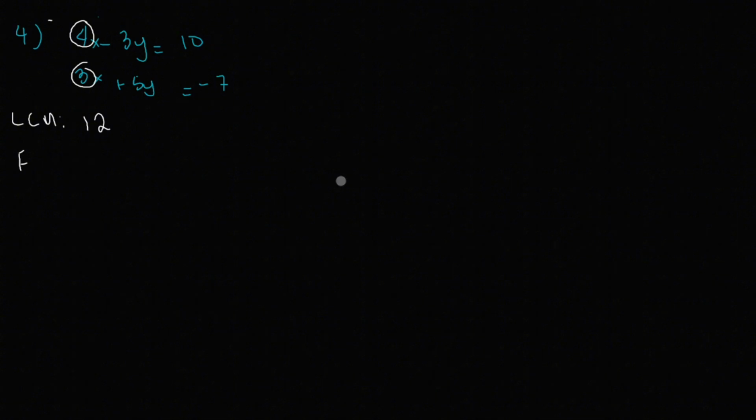So let's go ahead and manipulate equation number 1, which is 4x minus 3y is equal to 10. Now, our goal here is to get 12. What do we need to multiply in equation number 1 so we can get 12, which is 3. Okay? And let's go back. Remember that these two have the same sign, which is positive. And definitely, either of these two equations must carry the negative sign.